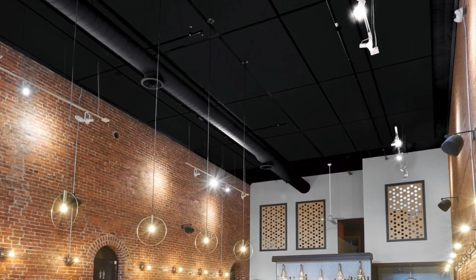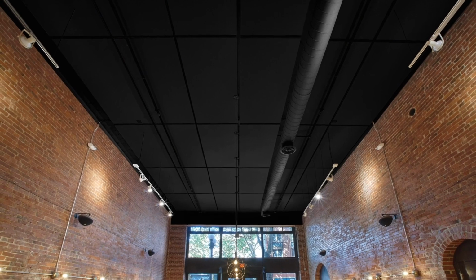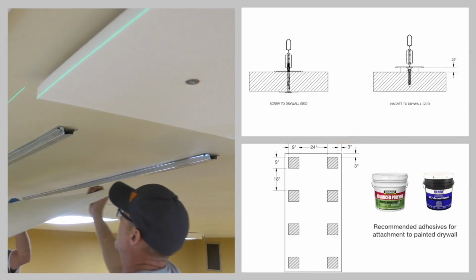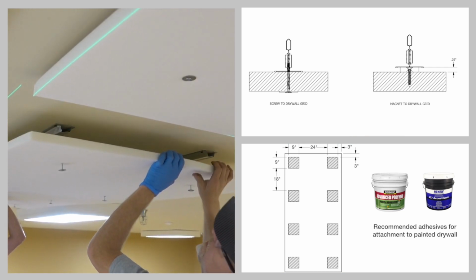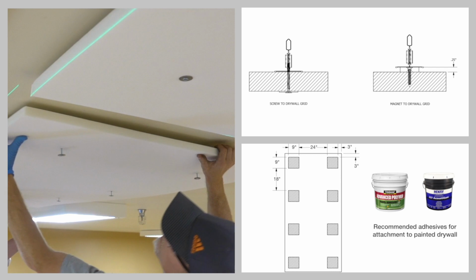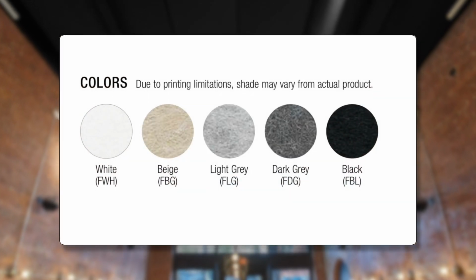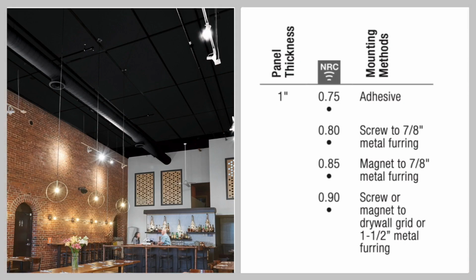Introducing Feltworks acoustical panels. Feltworks provide a soft visual with excellent sound absorption and sustainability attributes, all in a budget-friendly 4x8 by 1-inch panel. There are multiple installation options for maximum design flexibility in offices, hospitality, and education. Combine this with 5 standard colors that coordinate with your finishes, plus a range of high NRC values to tame